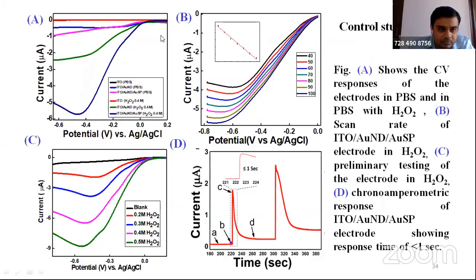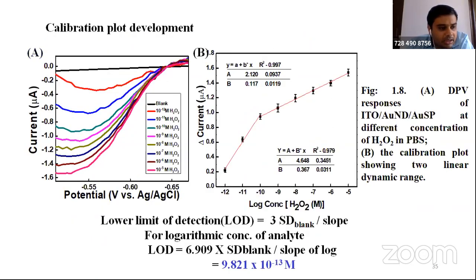blood sample. So these are the data I will not discuss in more detail. Basically, this is the step-by-step characterization of the system. And when you are increasing the concentration of hydrogen peroxide, the signal keeps on increasing. What is most important to discuss here is, when we have injected the hydrogen peroxide, you can see the response time is less than a second. Within 1 second, you are able to detect hydrogen peroxide very accurately. So that is the importance of incorporating nanomaterial in the sensing module. Otherwise, if there was no nanomaterial, no nanodendrite, we were not getting any signal, right?